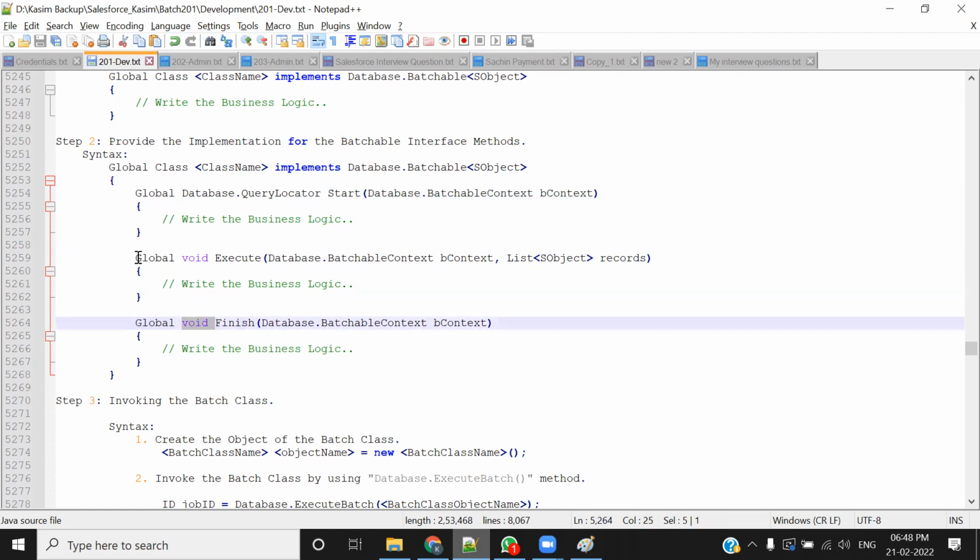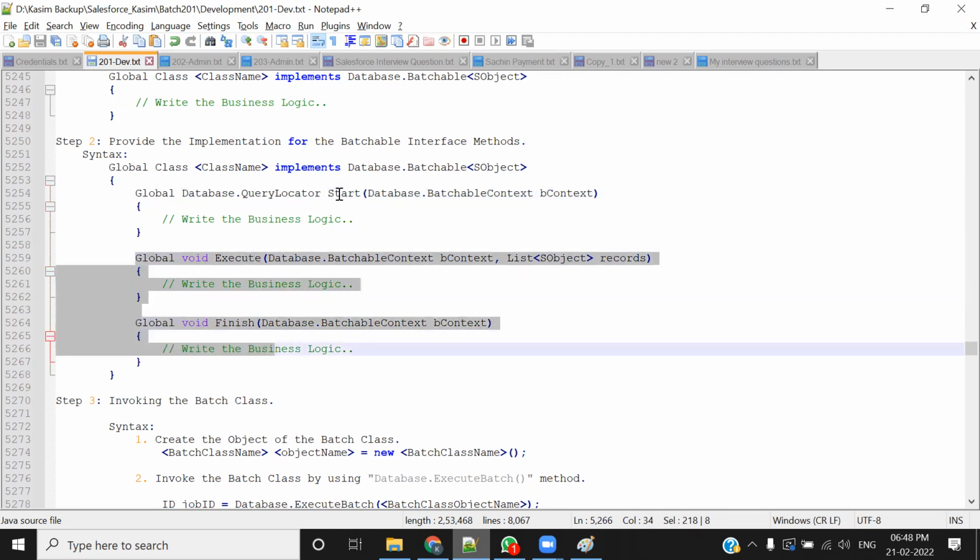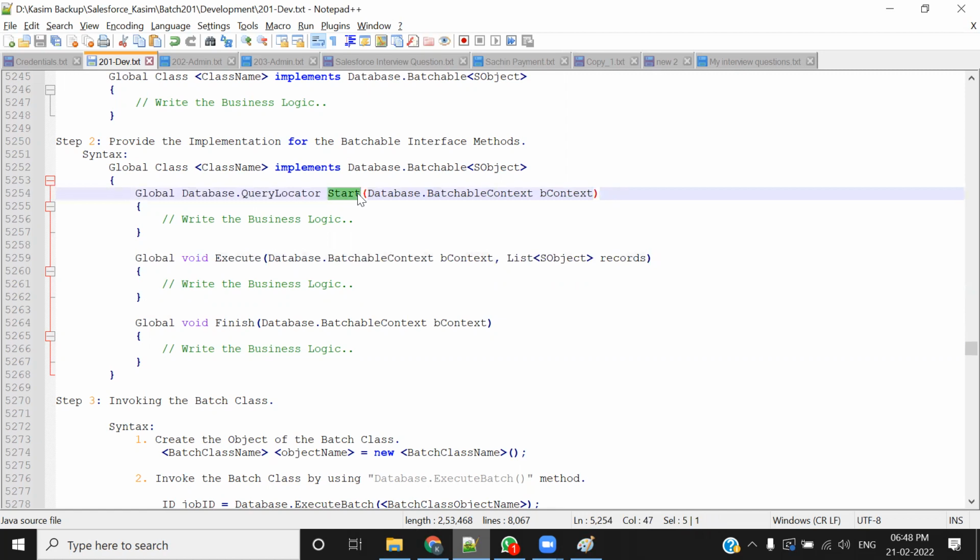बाकी मेथड्स एग्जीक्यूट वो भी वॉइड है, फिनिश मेथड भी वॉइड है। मतलब ये दोनों प्रोसीजर हैं, लेकिन ये मेथड फंक्शन है, इसका रिटर्न टाइप है बैचेस। ये रिटर्न करता है बैचेस, और वो बैचेस आगे चल के किसको मिलती है? एग्जीक्यूट मेथड को। एग्जीक्यूट मेथड उसको कलेक्ट कर रहा है लिस्ट ऑफ एस ऑब्जेक्ट में। इसीलिए ये एक एडिशनल पैरामीटर है यहाँ पे, लिस्ट ऑफ एस ऑब्जेक्ट। वो पैरामीटर एक्सेप्ट करने के लिए लिस्ट ऑफ एस ऑब्जेक्ट बनाया जाता है।